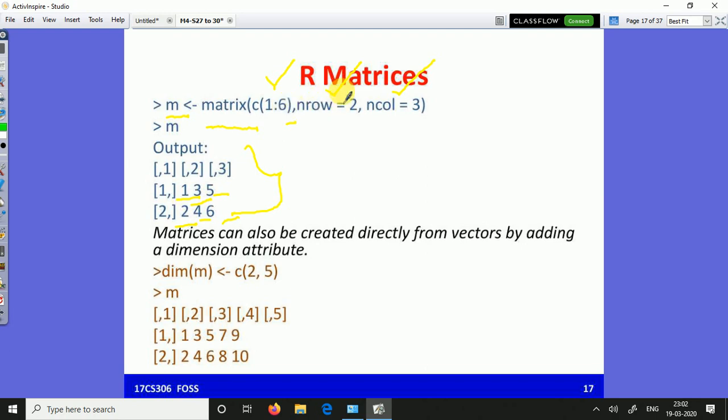We are mentioning the dimension, rows as 2 and columns as 3. If you enter the variable m and press enter, we get the output 1, 2, 3, 4 and 5, 6. Here by default it will fill the values